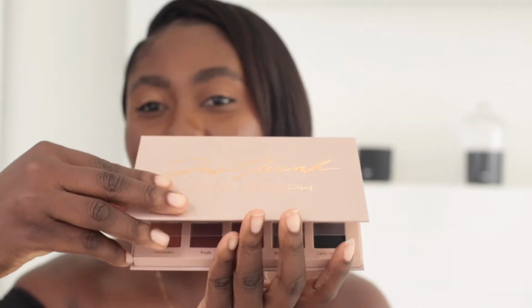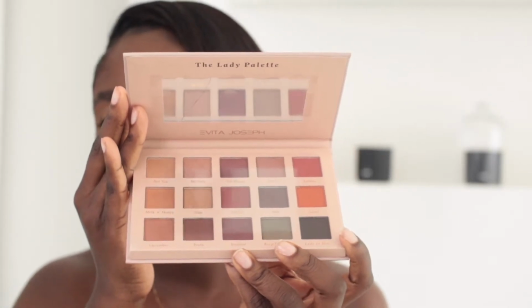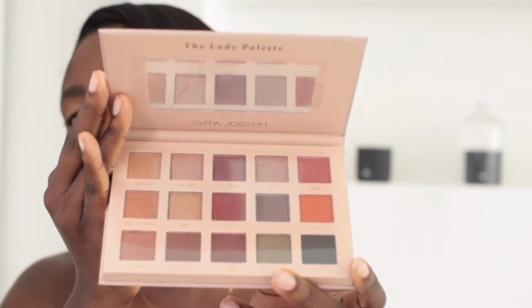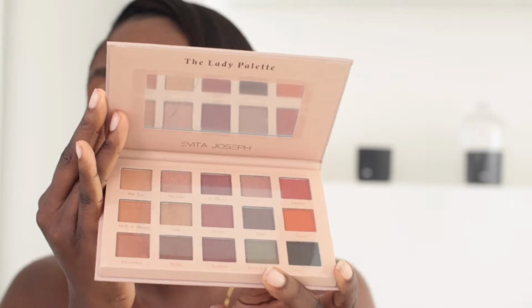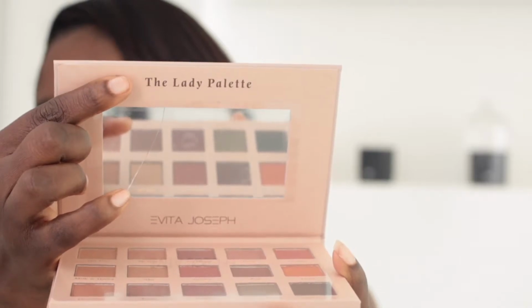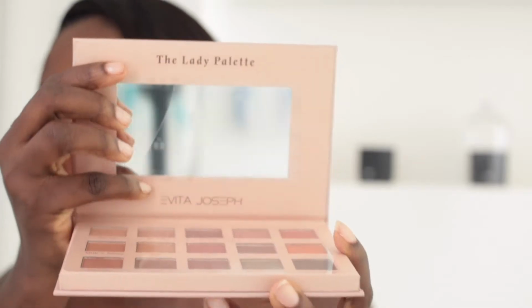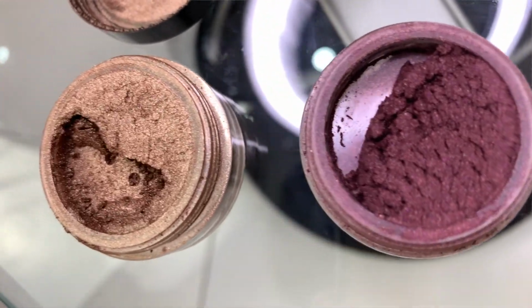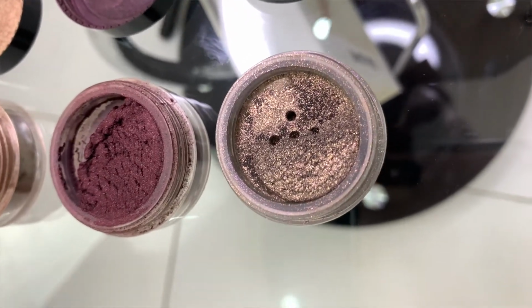When you open the palette, you have a mirror. Of course, I needed to add a mirror in there because I wanted you to be able to just take the palette with you on the go, and when you use this palette, you don't have to go and look for a mirror and hold the mirror and hold the palette as well. On top here, it says The Lady Palette, and down here has Evita's logo. And then there's this cover just to protect the eyeshadows from smearing on the mirror. So once you take it off,